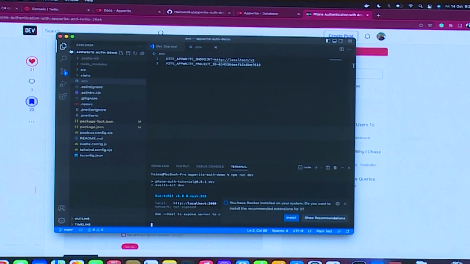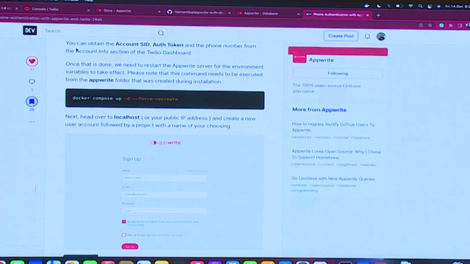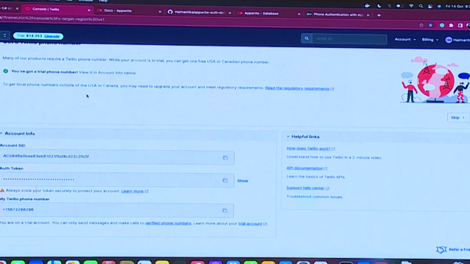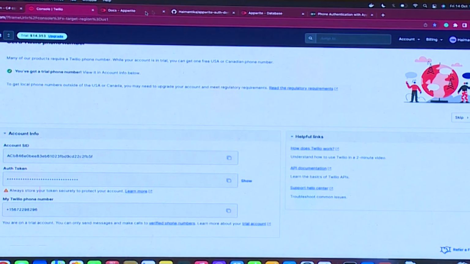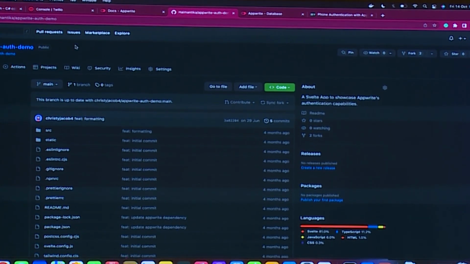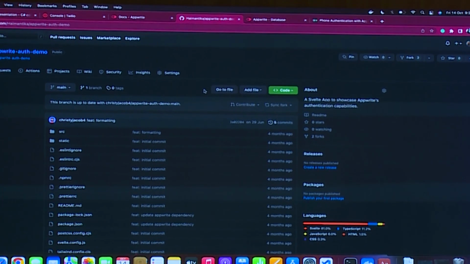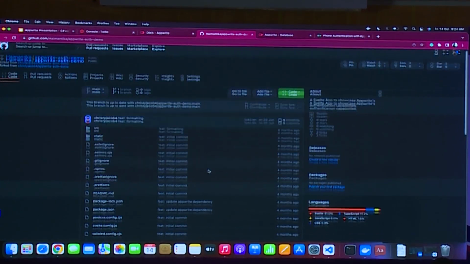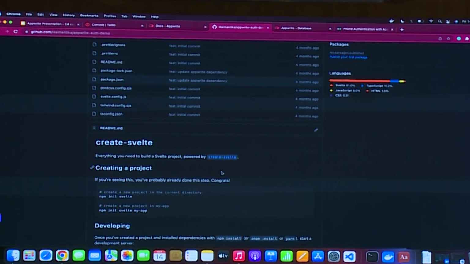I'll close that in, and once you have put those credentials or the tokens I talked about, like the app phone provider, where you need to put in your Twilio account SID or auth token and your phone number, and you have shut down AppWrite Docker engines and you have turned them up as well, that AppWrite setup is done. The next part is you need to come here to the repository that I'll be sharing the link to as well. This has the demo for you. You can simply fork it, download the code, git clone it, and it will have all the necessary setup for you, like the front end part is built for you.